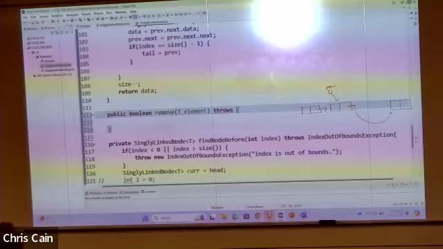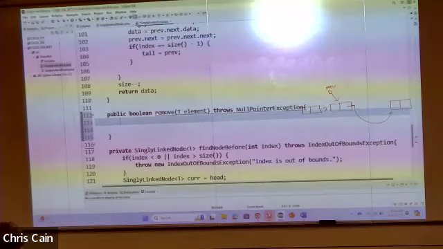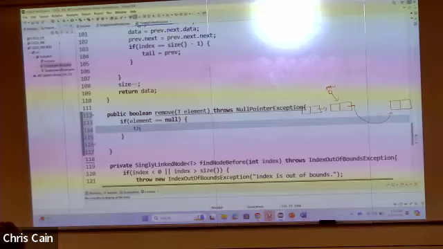I think we said a null pointer. What is that null pointer exception? If element is null, then we want to throw a new null pointer exception saying something like